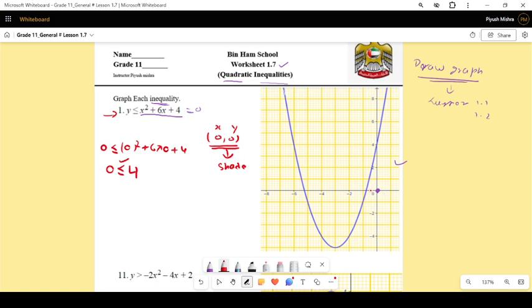It means there is a shade. You can see 0, 0 is here. It means outside the graph I am going to shade. So what will be our answer? I will be shading like this. This part is shaded, and this is our answer. I hope you have understood. The only thing is you must know how to draw the graph. If you know the graph, then it is going to be very easy for you.